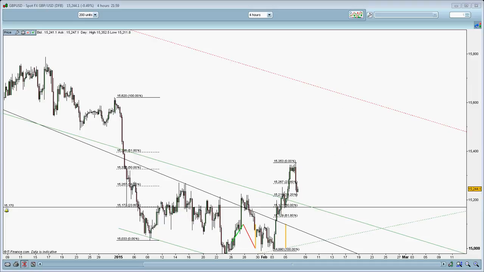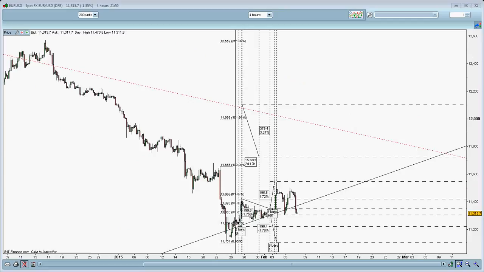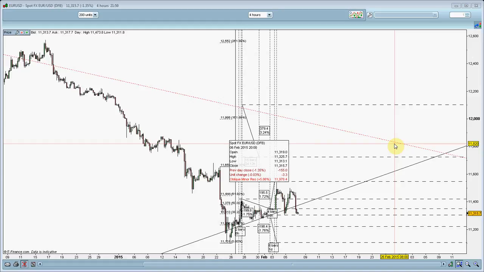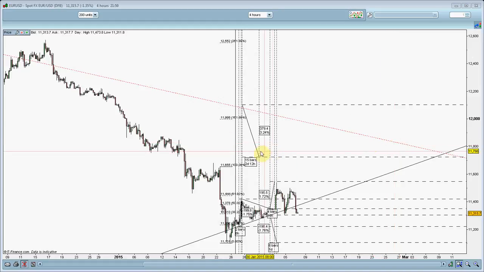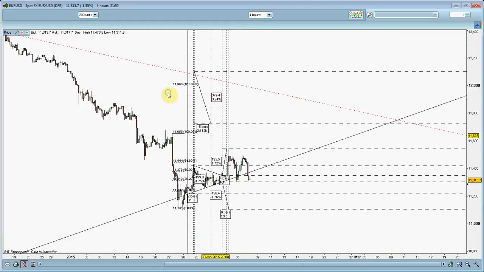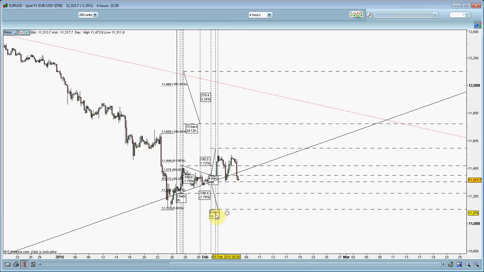for next week. A little bit of uncertainty due to the fact that the COT report the week before showed 80% of people in short positions, which means there's not many people left for the sellers to buy positions from. But as you can see, if I just delete some of these drawn objects there,